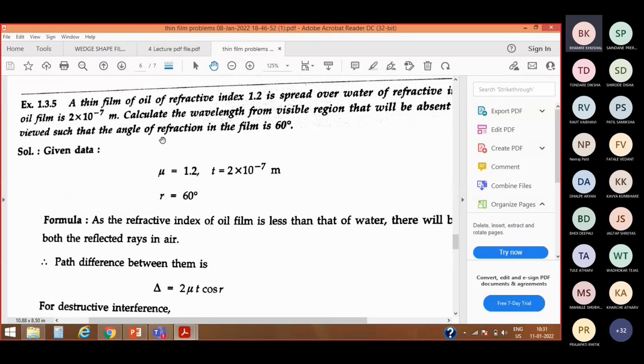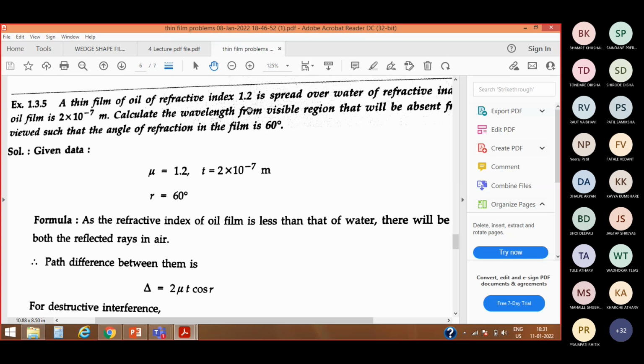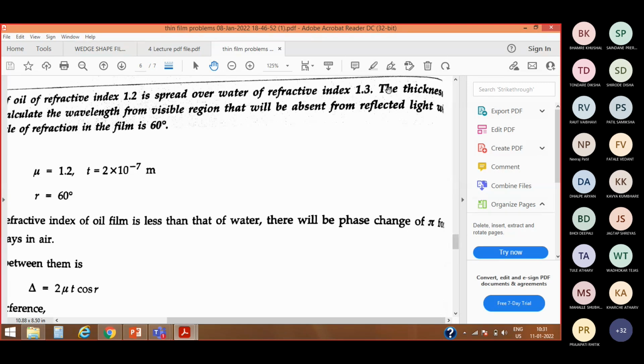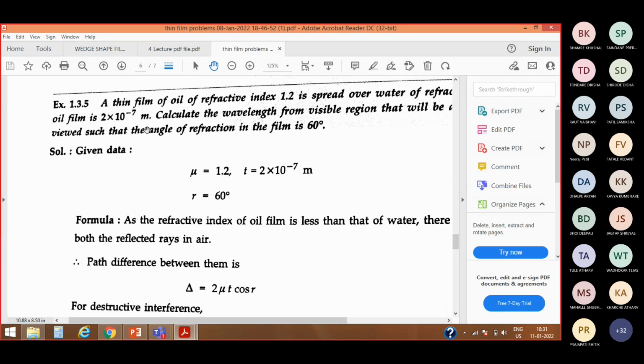Sir, repeat. Yes. A soap film having refractive index 1.33 and thickness 5 into 10 raised to power minus 5 centimeter